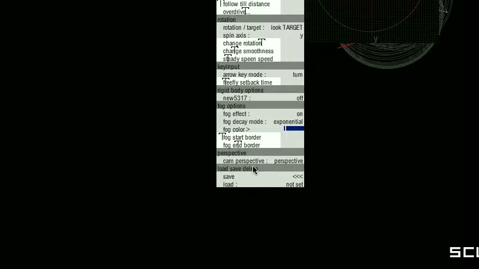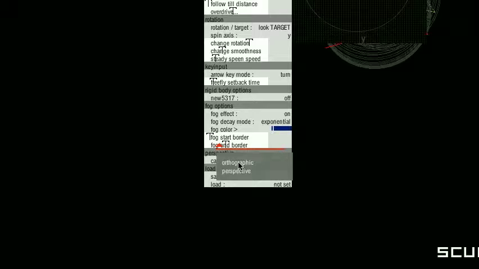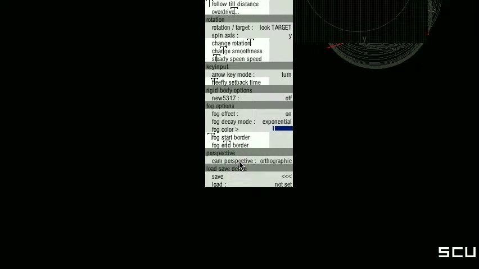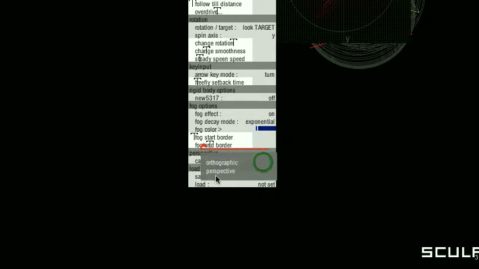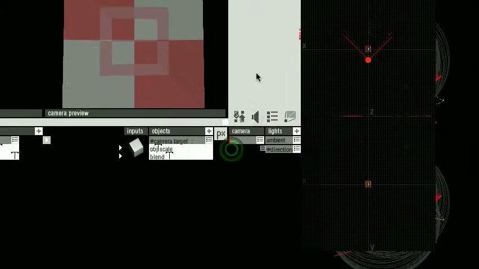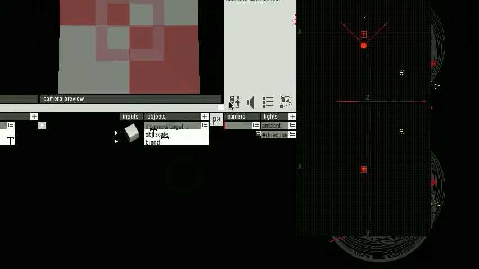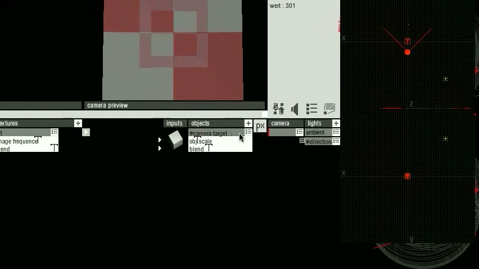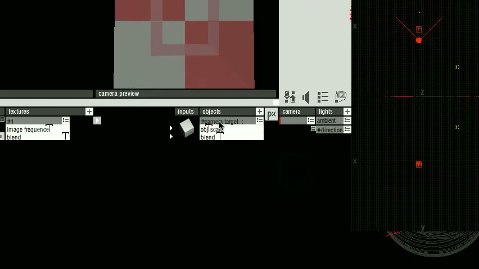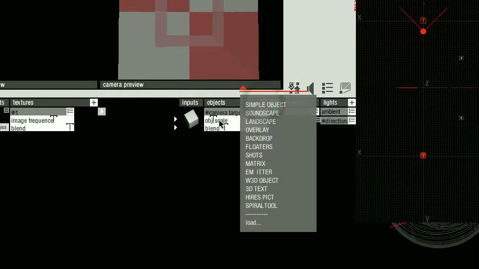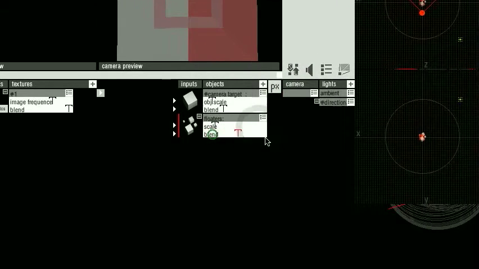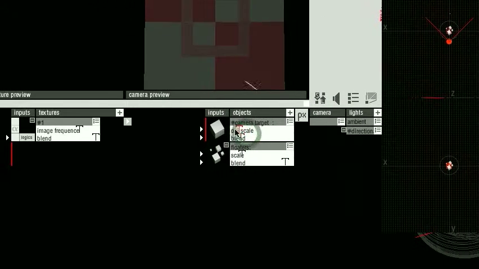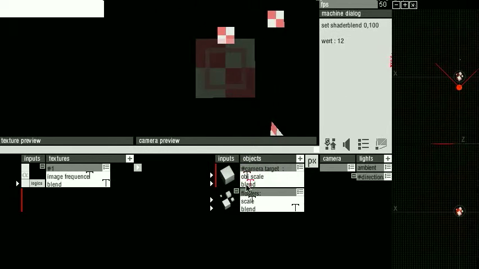The camera perspective, you can set it orthographic or perspective. So let's do clear all. If you want to let the camera follow an object other than the camera target, you have to set the movement to follow camera target. So this is what it does right now, and then make the camera target follow the object that you want the cam to follow. Let's see, for example, with this floater, if you make the camera target, which is this one,